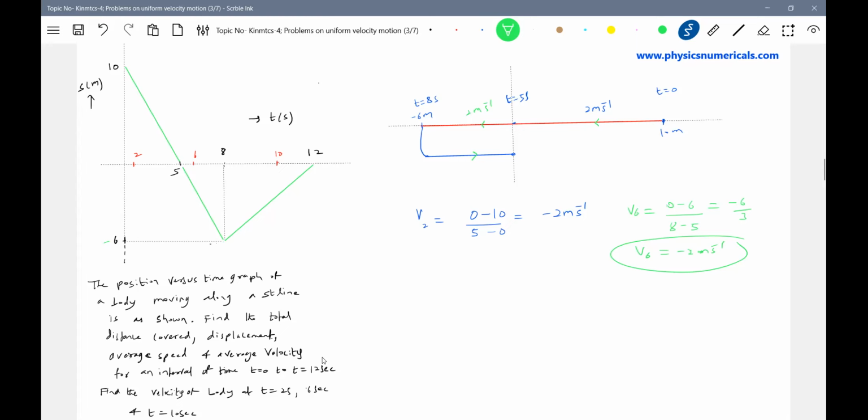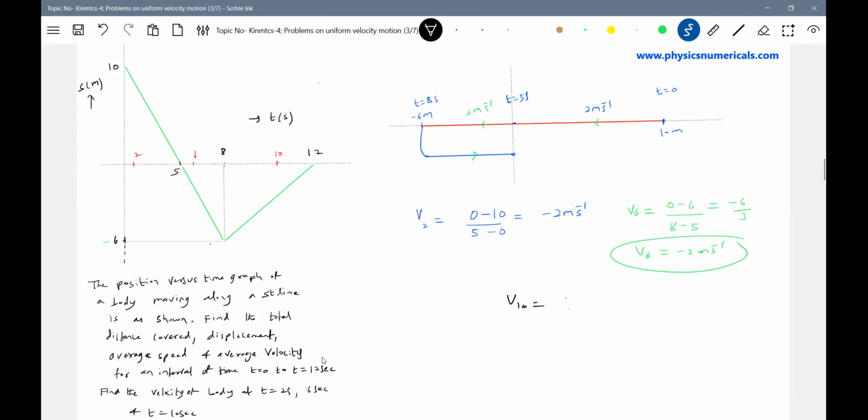Similarly again, in between 8 to 12 seconds, what happened to the body? It is having positive slope. So then again from minus 6 meter, it will come to the origin. So it will change the direction of motion. So what is the slope? 6 by 4. The slope, V10, should be equal to